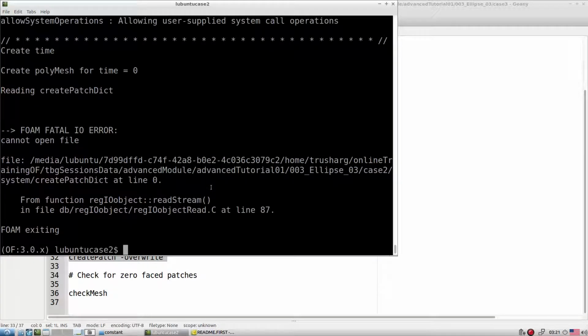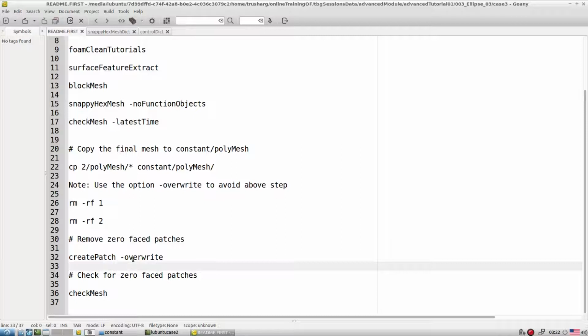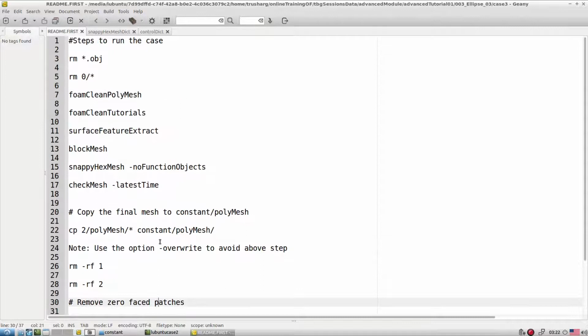Sorry, a few things are required, so I will show you in some other tutorial how exactly it works. A few settings are not there for the createPatch options. But anyway, what I mean to say is that if you don't write the overwrite command, then the file you have to copy manually.